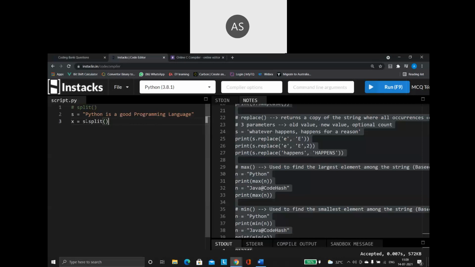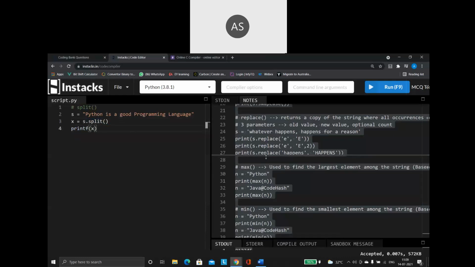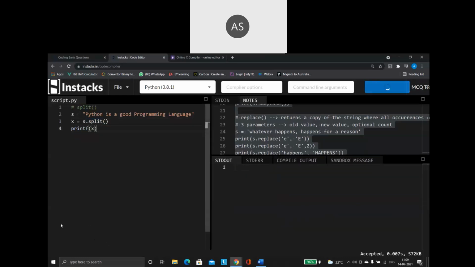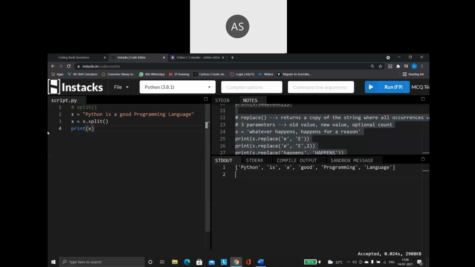Done. So when I use a split function, see what happens. After this, I am printing the x value. Okay, so let us run this program. See how the string is now. Sorry, I'm still in my C programming mode, so I used printf. Sorry about that. See how my program is? Every word is broken into a separate value.